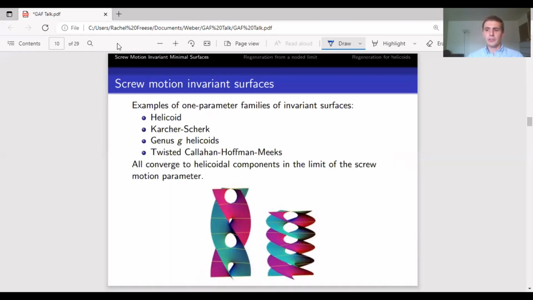So screw motion is just a translation and a rotation at the same time. We're assuming translations are technically screw motions, but we're thinking about more interesting ones than that. Screw motion invariant minimal surfaces are probably some of the least well-known periodic minimal surfaces. There's not a whole lot of examples, and they're kind of hard to really get a grasp of,